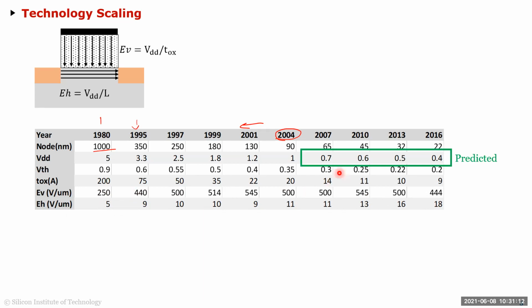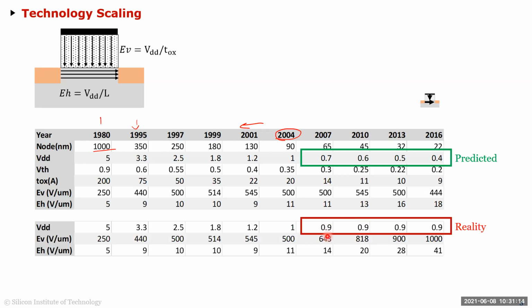So this is closer to reality right now, where the VDD has actually remained almost constant at almost 1 volt, even for the 65, 45, 22 nanometer nodes. So what it means is that if you look at the vertical field, it has gone from 250 to 1,000, 4 times higher. And the horizontal field is even worse. It's almost 8 times worse, right? So the fields are much higher, and